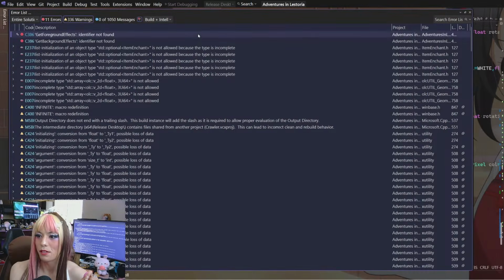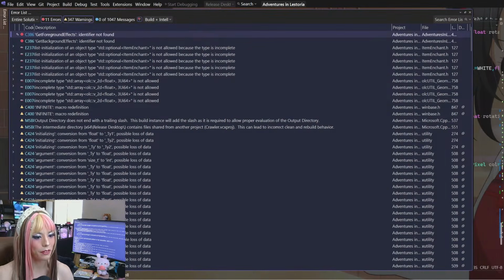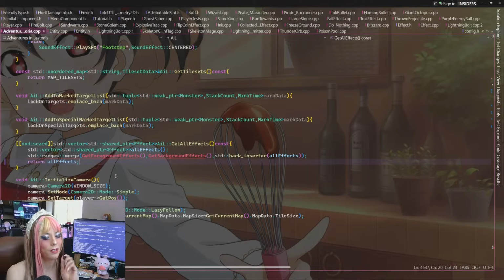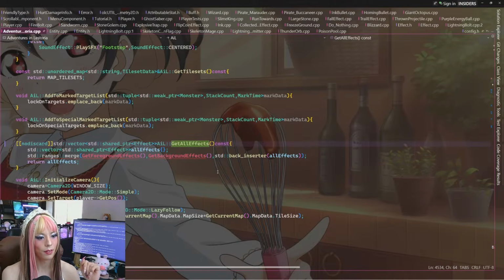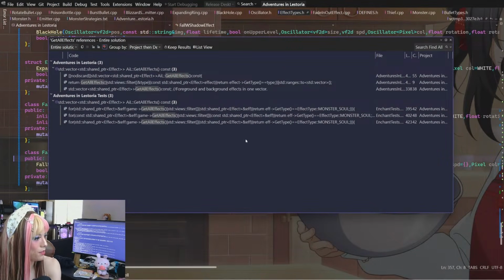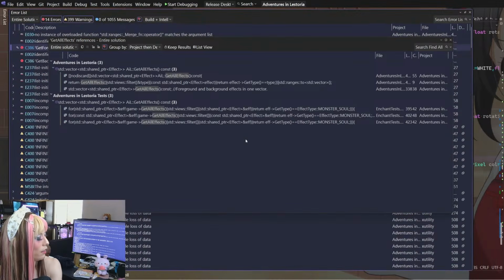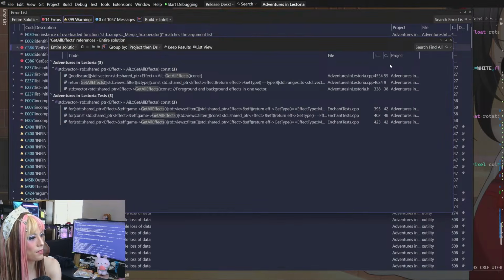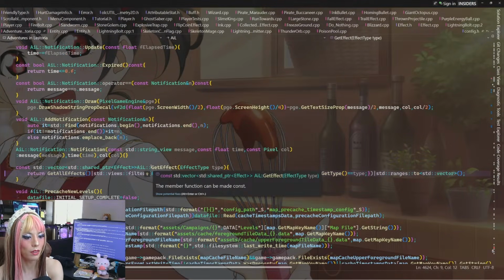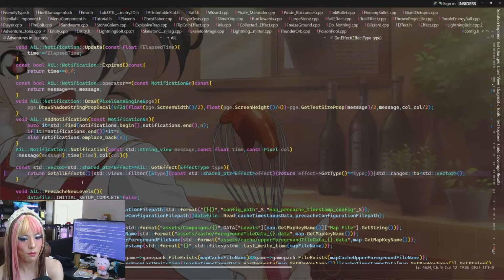These are not found. What? Well, they're not supposed to be found because I got rid of them. Oh, we have a function that relies on them. Get all effects. Okay. Do I use this anywhere, and why? We do use it for unit testing. It looks like I use it... Why is this all cramped? Okay, what is this? This is get a specific effect. Okay, so we do have to fix these.